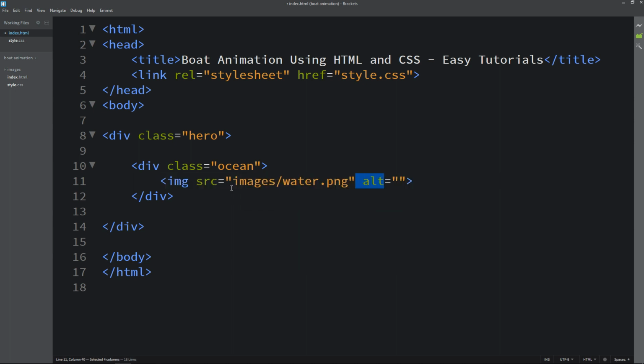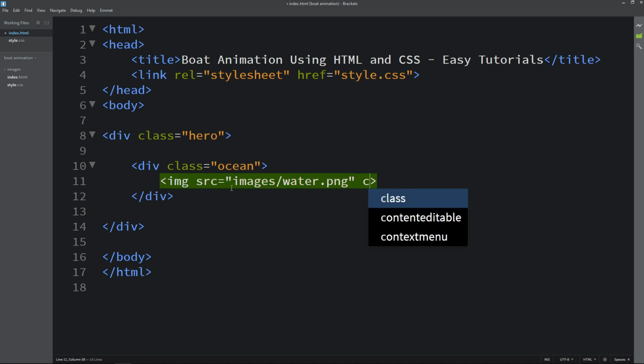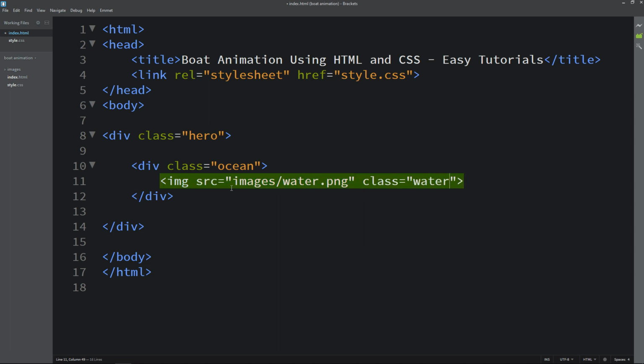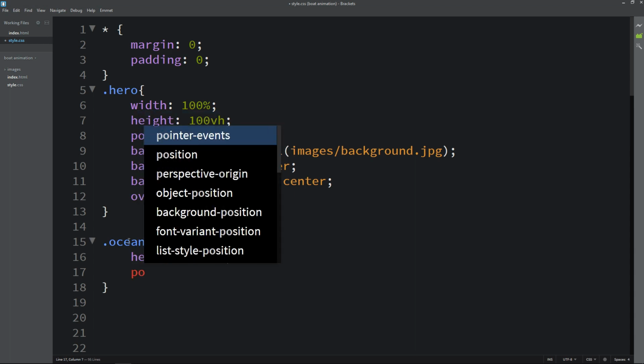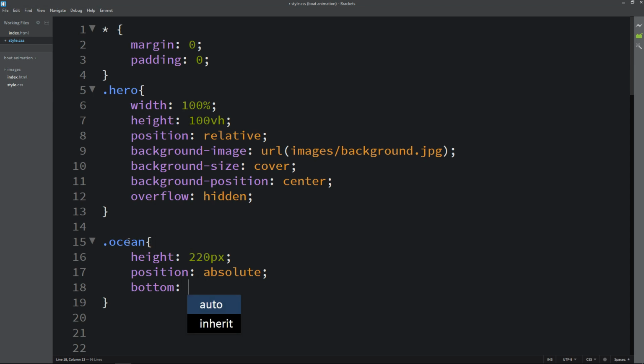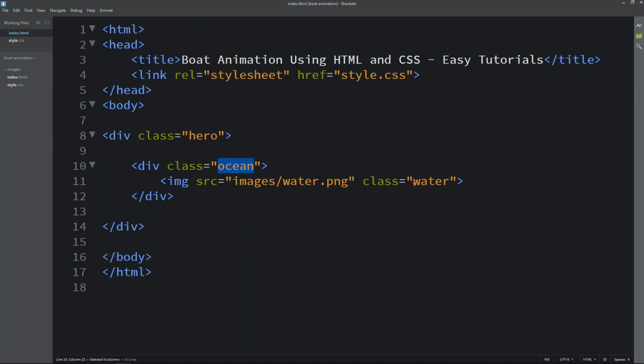So it is water.png, and let's add the class name water like this. Next we will copy the class name ocean, write it here in the CSS file. Here we will add height. It will be 220 pixel and position absolute. Then write bottom 0 and width it will be 100%, left 0, so it will come at the bottom.